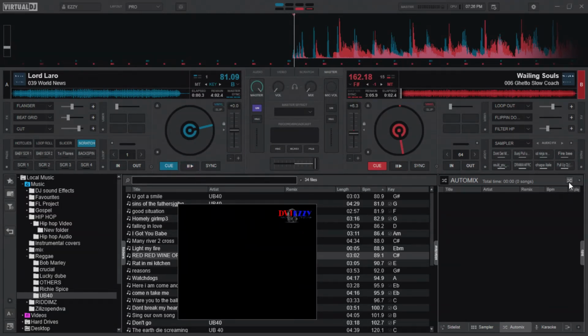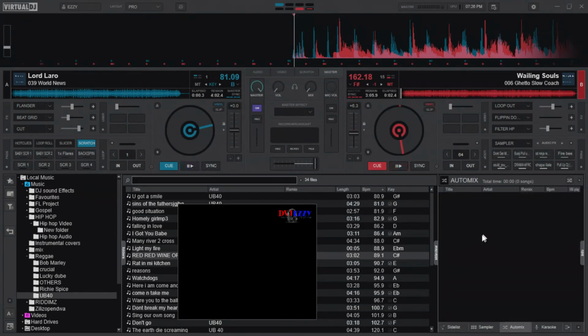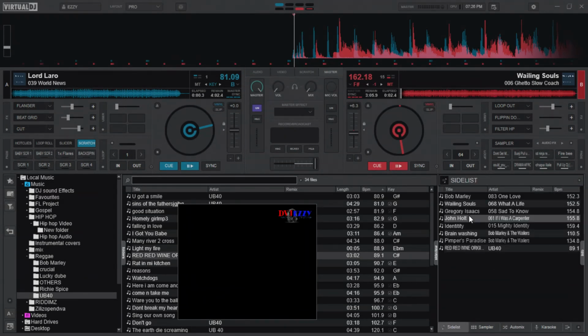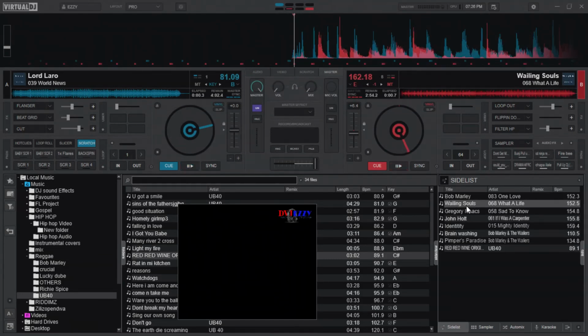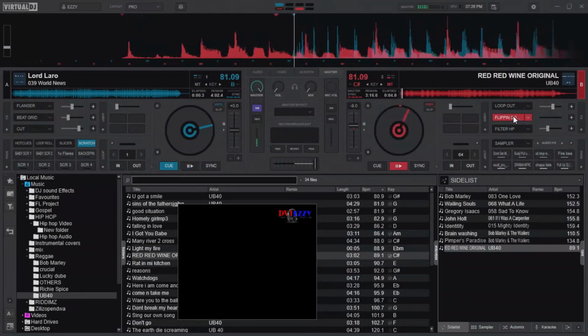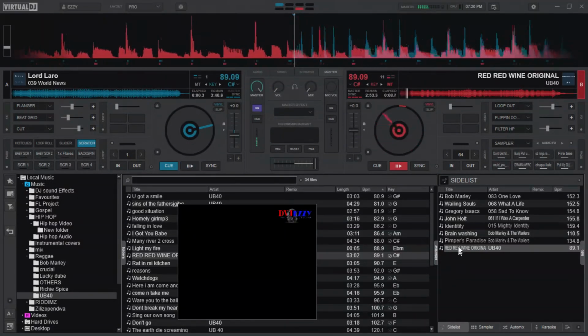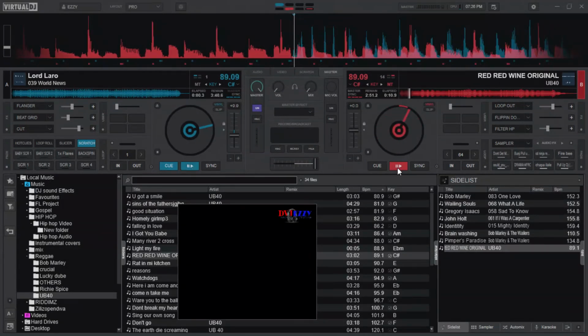Yeah, so sometimes you might opt for that, but I use any of these lists. It doesn't matter for me, because at the end of the day I get to just drag and drop. I double click a song to play it. For instance, I can double click Red Wine, which is a very common song. So that is Red Wine by UB40. That song plays from this list.